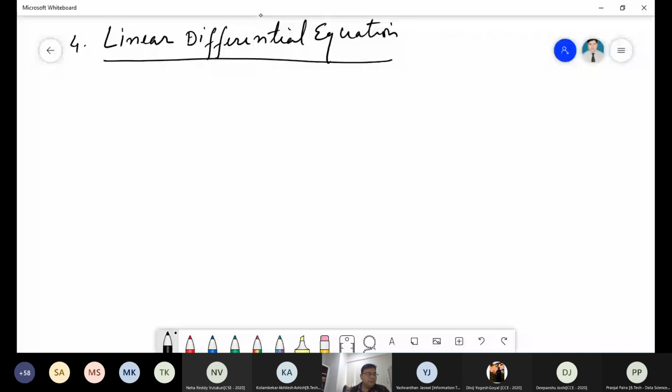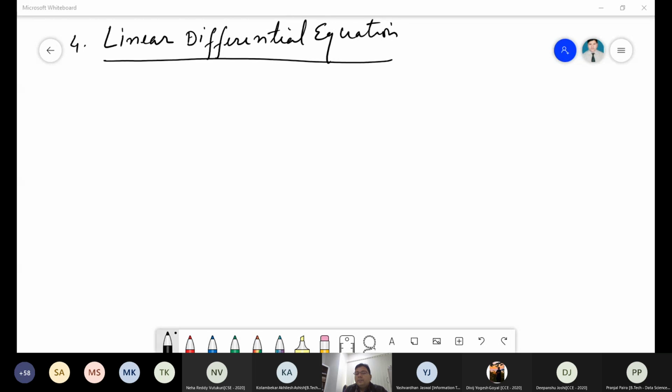All right. So when we call an equation a linear differential equation, I might have gone through that in class 12th. What is the linear differential equation? Linear form of differential equation. Okay. Who wants to say? Just raise your hand, please. Linear form of differential equation. Anyone? Anyone? No.